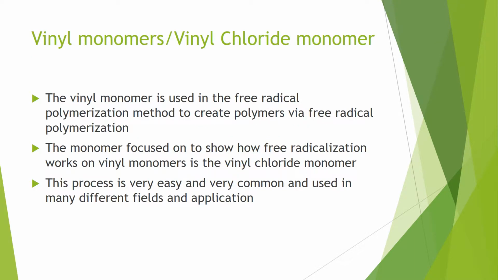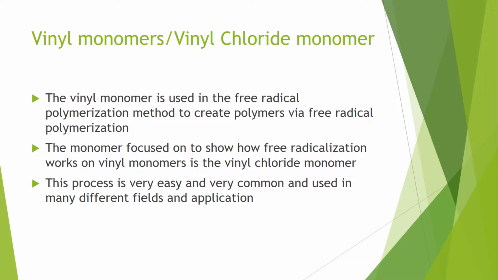This first slide is going to mainly focus on vinyl monomers and the vinyl chloride monomer. The vinyl monomer is used in the free radical polymerization method to create polymers. Now, there are many vinyl monomers that can be used in free radical polymerization, but to simplify it into this short time span that we have, we are mainly going to focus on the vinyl chloride monomer for the most part, since that is the monomer that everyone is most familiar with and knows the best and is the